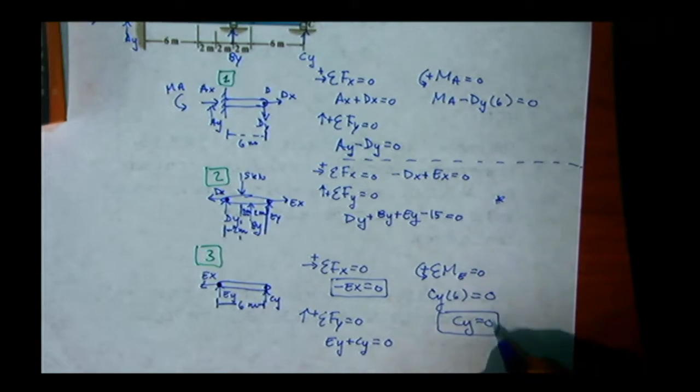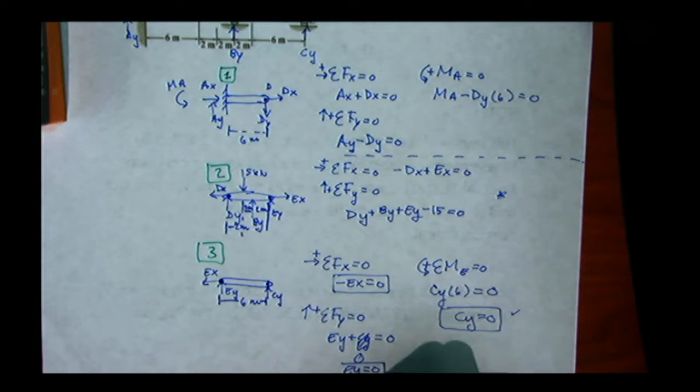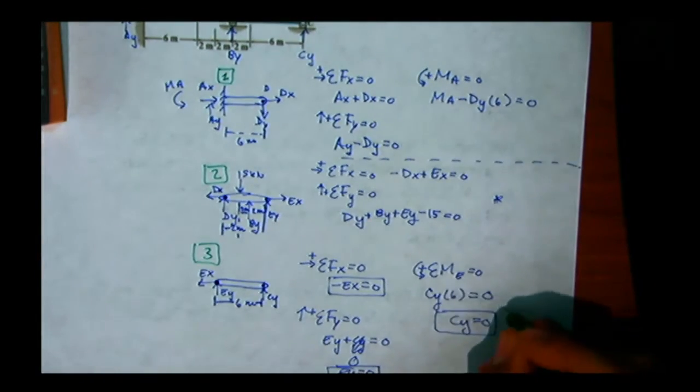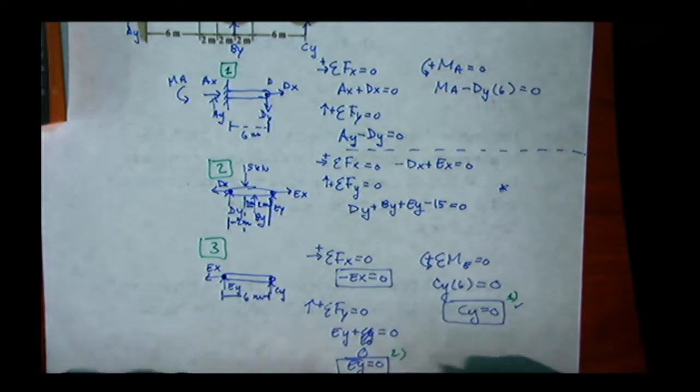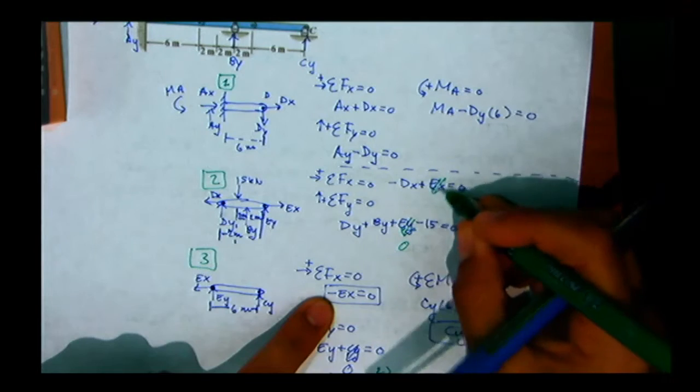Right? So this was the first one that really helped us. If we know EY is equal to 0 and EX is equal to 0, we know DX is equal to 0. Right? And now, because we know EY is equal to 0, and we're looking at this section,